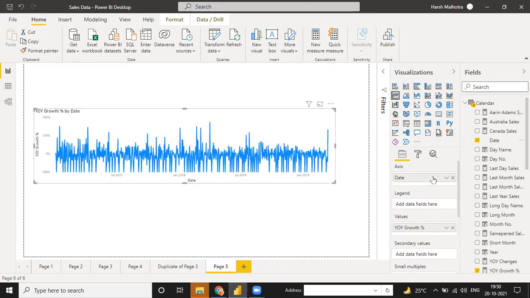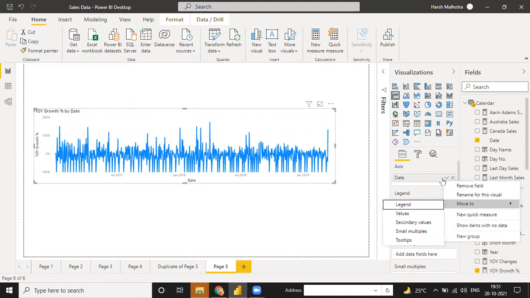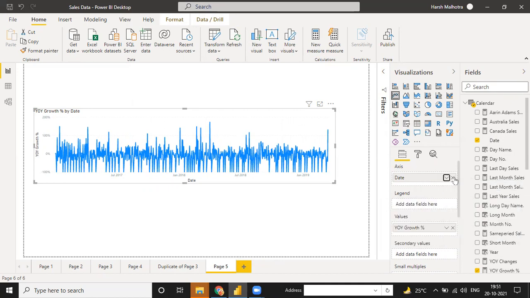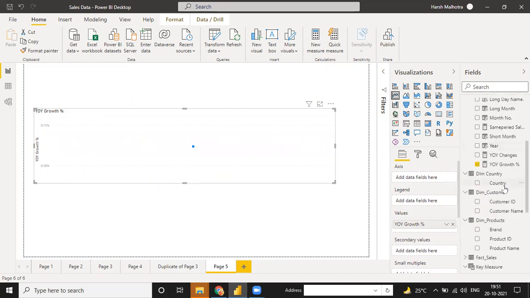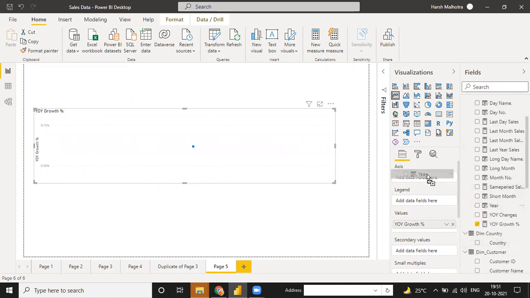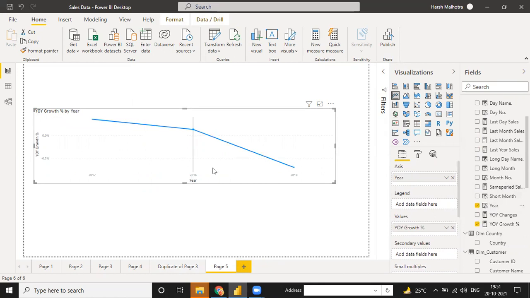See, and in the same way, go to this, move to set group, or you can use it year-wise as well. You can just track down a year. This is your year-wise growth, 17, 18, or 19. This is your line chart. In the same way, if you are using your month, you can use your month also.